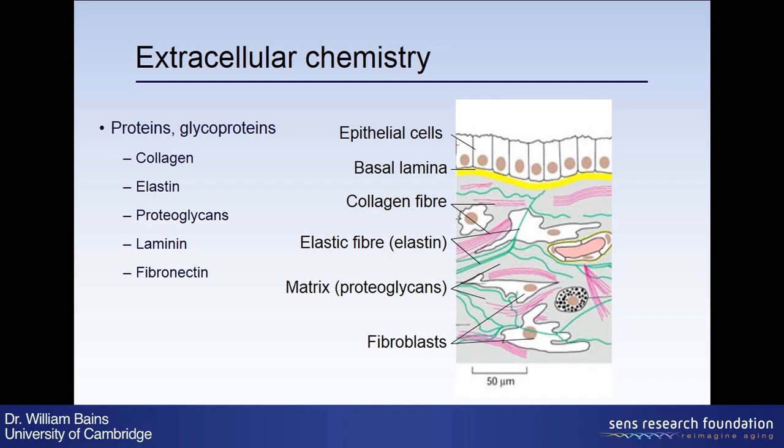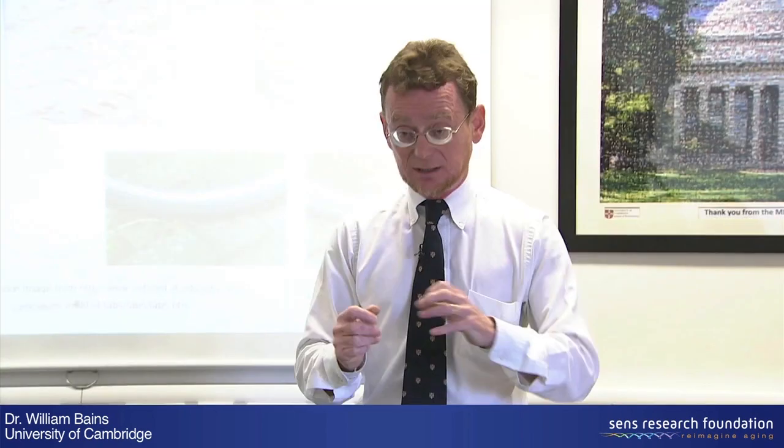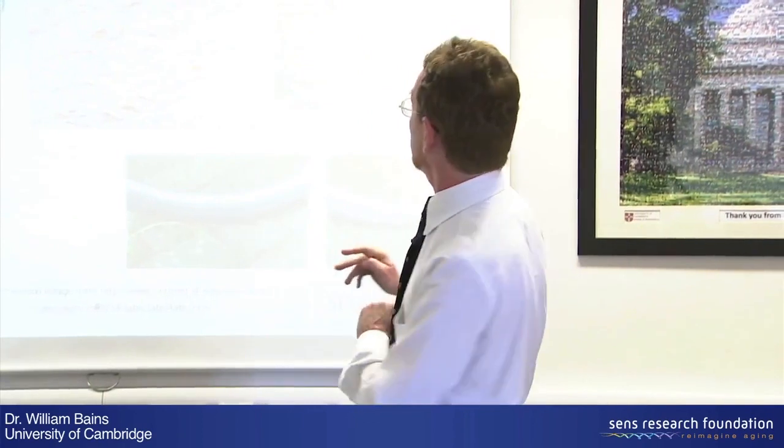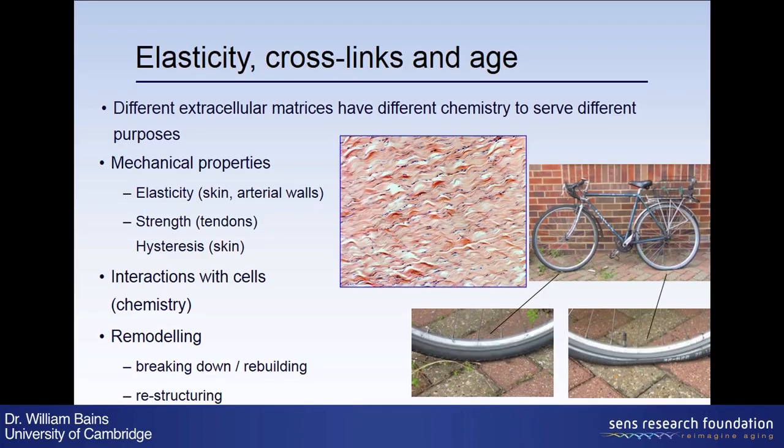I mentioned that different matrices have different effects and different chemistries. And this is really important because they are functional. They're not just an inert glue, like the sort of carpet on the floor that cells sit on. They are highly functional. So this, for example, is a cross-section of the Achilles tendon. The blue colour, in this case, I think is elastin. The red colour is collagen. There's a lot of collagen, but a little bit of elastin.